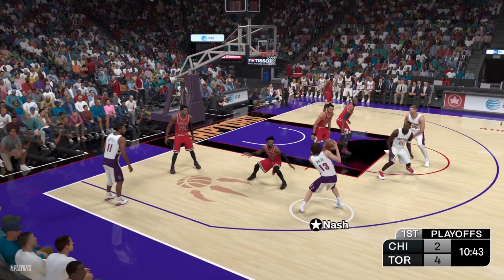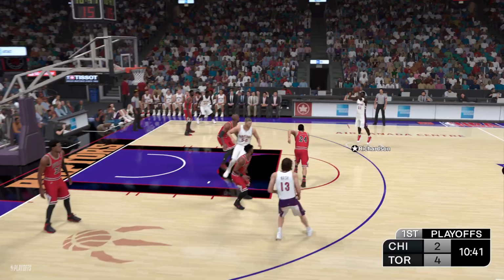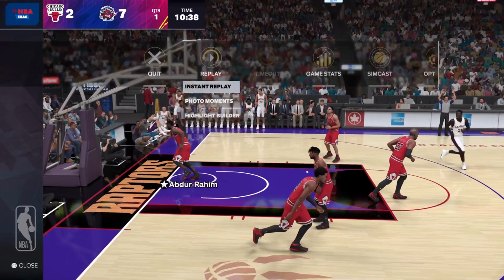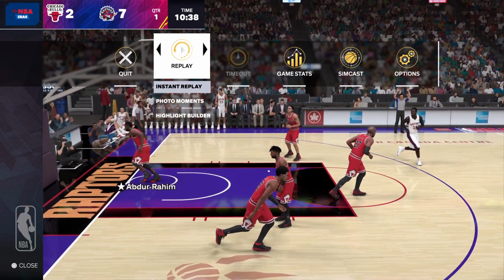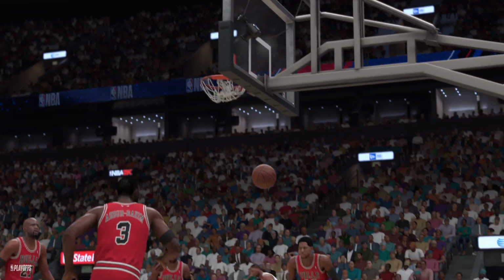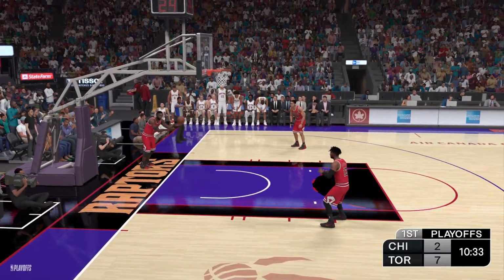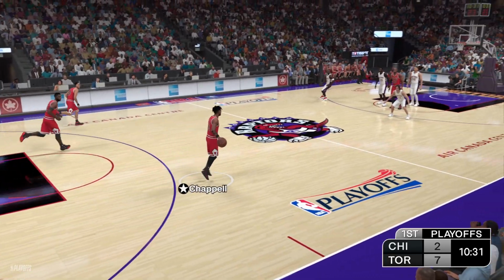Richardson with a screen for Nash. Pass to Richardson. Good on the three-point shot. And the defense, you can't forget about Richardson from deep. His three-pointer is extremely dangerous. And we're about a minute and a half into the first quarter.